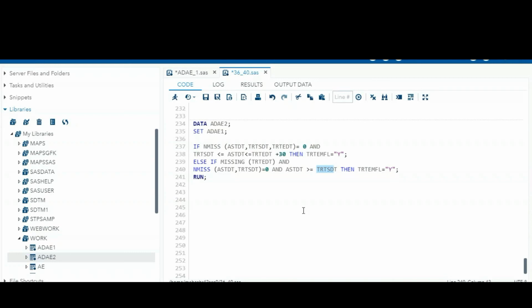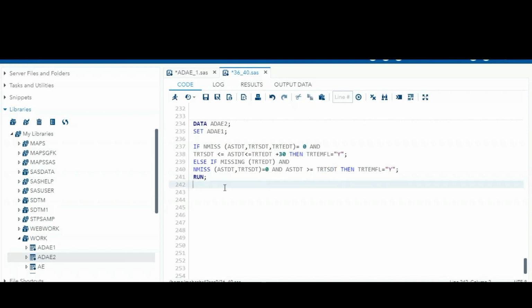So how to write the second case code, like if it occurred before the treatment and whether it is getting worse or not. So first, the headache is mild before taking the treatment. After taking the treatment, the headache was moderate or severe, so the frequency was increasing. In that case, this adverse event we can also call treatment emergent. So how to write programming for that one? Most of the programmers are facing challenges for this one. So I'll write the code and show you.